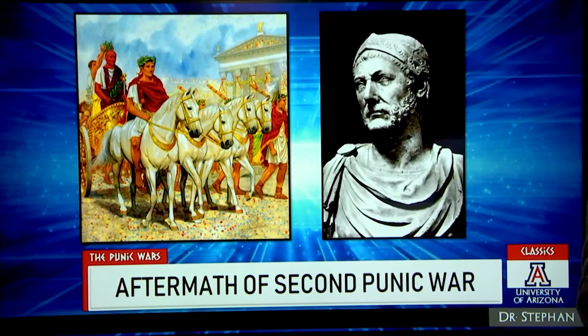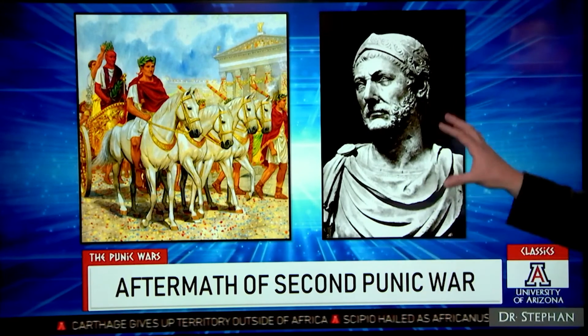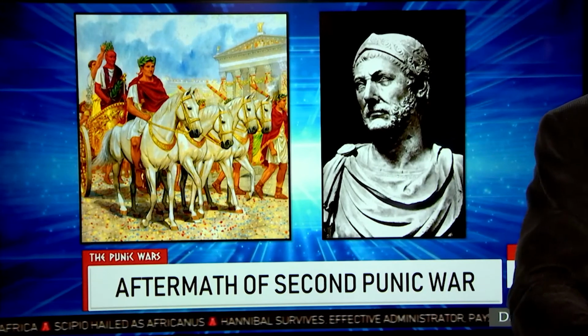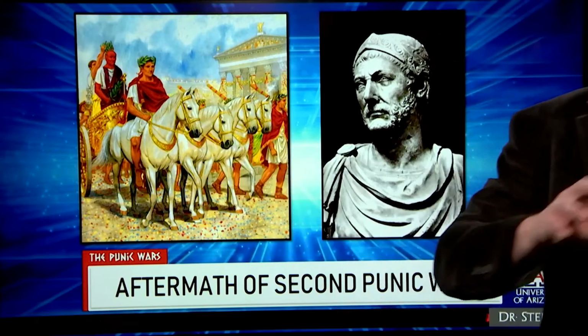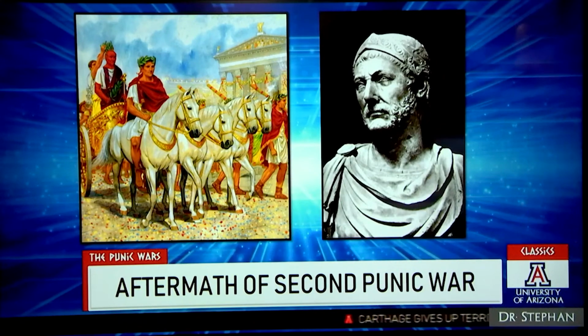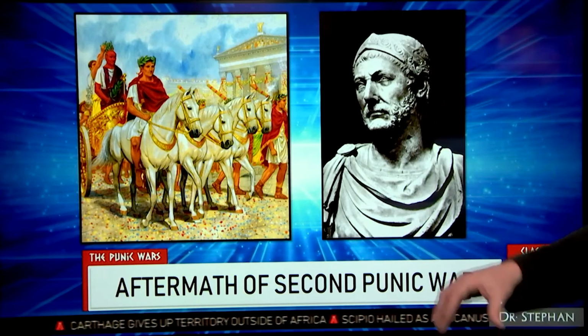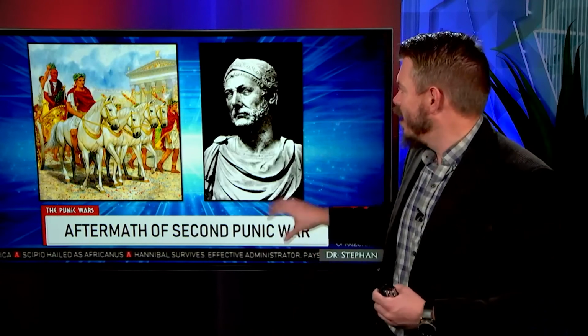And so the Romans are able to defeat Hannibal at the Battle of Zama in 202, and the following year they're able to basically make Carthage submit and end the Second Punic War. So Scipio goes back home and he's hailed as the Africanus, the conqueror of Africa. And he's given a triumph in the city, and Carthage is made to pay kind of a huge debt to the city of Rome. Kind of surprisingly,